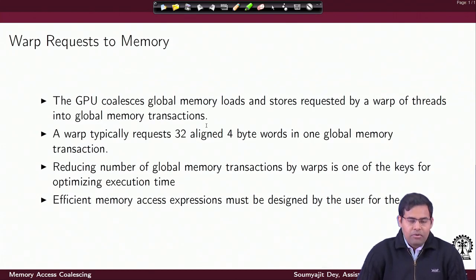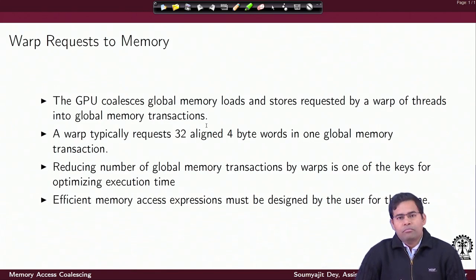So, suppose you have a warp with 32 threads, and the warp is executing a load instruction or a store instruction. In general, let me call it a transaction. Essentially, you have got 32 memory requests issued in parallel, right. If these requests are going to be for consecutive positions in the data space, that means you have 32 aligned 4-byte words which have been requested. Now, this is exactly what is defined as a global memory transaction.